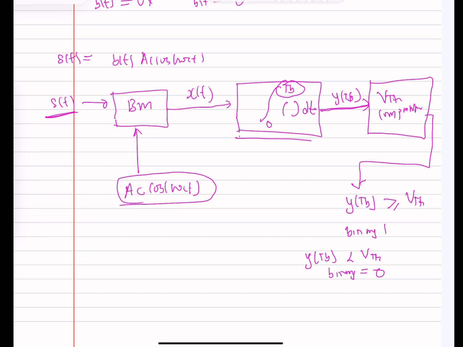And we are going to talk about it one after the other, and then I'll show you what you are going to use here as your threshold for the comparator. All right, so this is a little bit about how the binary ASK works,